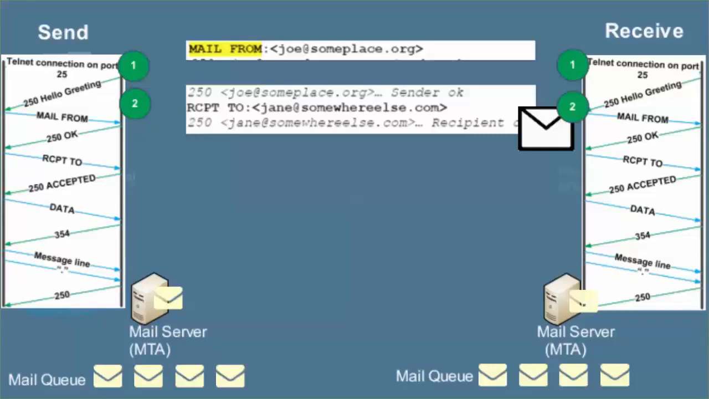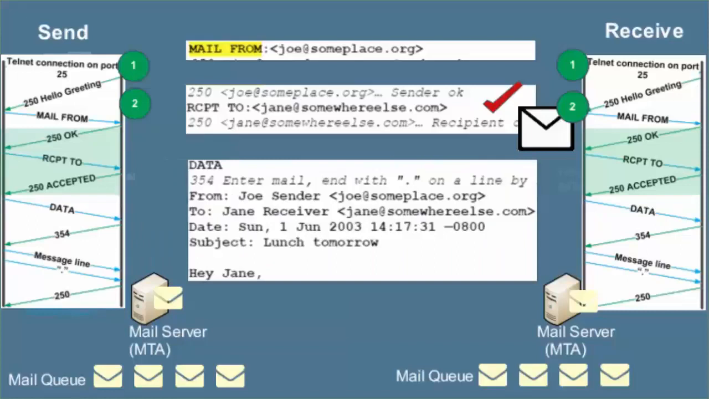hello greeting. The sending mail server sends the mail from, identifying the message sender. The receiving mail server acknowledges with a 250 OK. The sending mail server sends the RCPT to, identifying the intended recipient. If the recipient is valid on the receiving server, it sends a 250 accepted acknowledgement. The sending server then sends the data line. This ends the envelope. Following the envelope is the body of the email, and this contains the subject and any